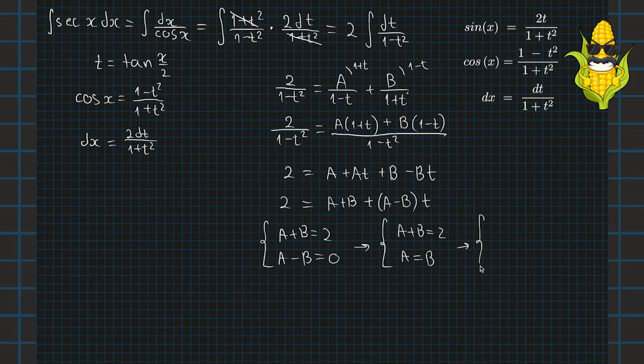Therefore, a plus a is equal to 2. And a is equal to b. And therefore, a is equal to 1, excuse me, and b is equal to 1. So there you go. Now that means that from all the way up here, we go all the way down here,